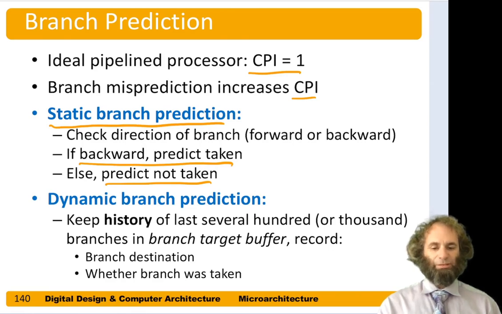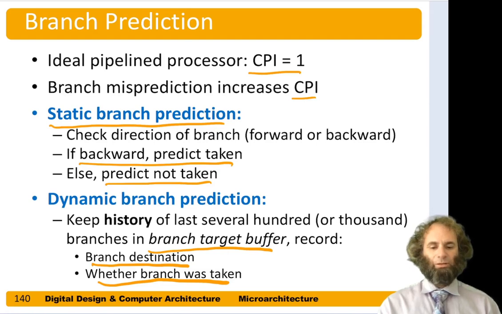With dynamic branch prediction, we could keep track of the last several hundred or thousand branches in a piece of hardware called a branch target buffer. In that branch target buffer, we would record the destination of each branch and whether the branch was taken. Next time we encounter a branch, we would look for that destination and see if we'd encountered that branch before. If we had, we'd look for the